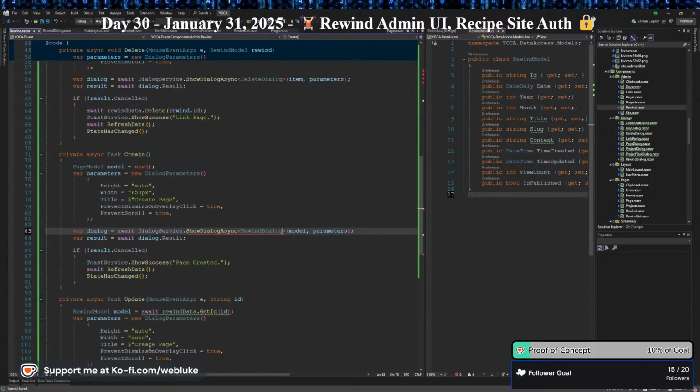So that's why create rewind. That's update. You might have to go fix some stuff in Page. This is supposed to say